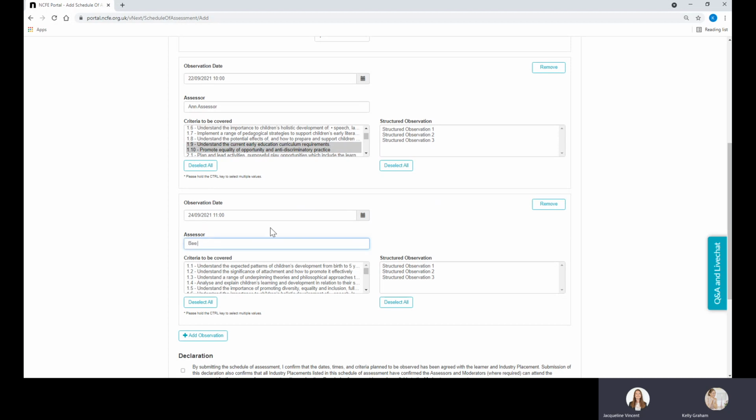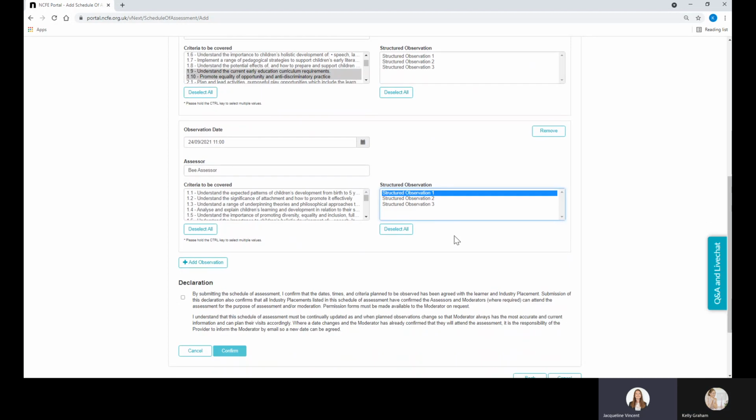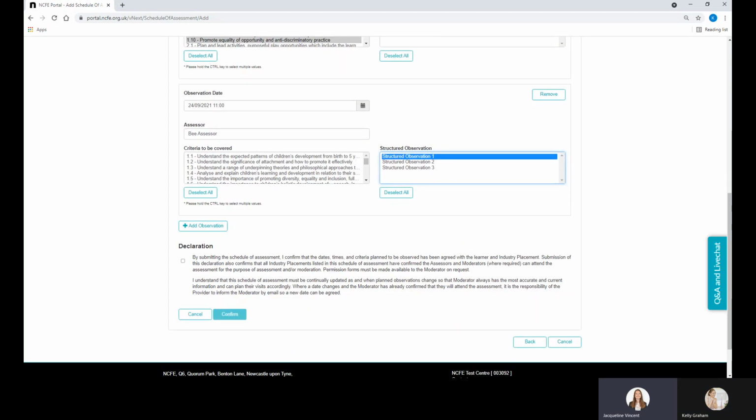You can add multiple observation dates and times. It's important that you add this information as early as possible. Don't worry if dates and times change, you can edit the schedule of assessment. And once you've added all of the information, you will need to tick the declaration to confirm that the dates,